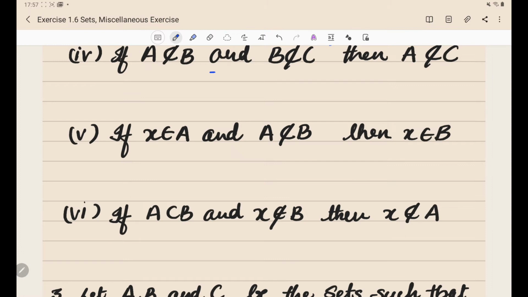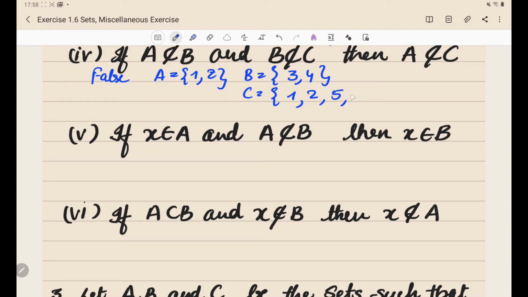That's it. So now let's discuss the fourth part of the second problem. What is that? If A is not a subset of B and B is not a subset of C, then A is also not a subset of C. Is that true or false? It is false. For that, let's take an example and prove it. Let's take the set A as {1, 2} and B as {3, 4}. You can see that they don't have any common elements and A is not a subset of B in this example. Again, let's take the set C with 1, 2,